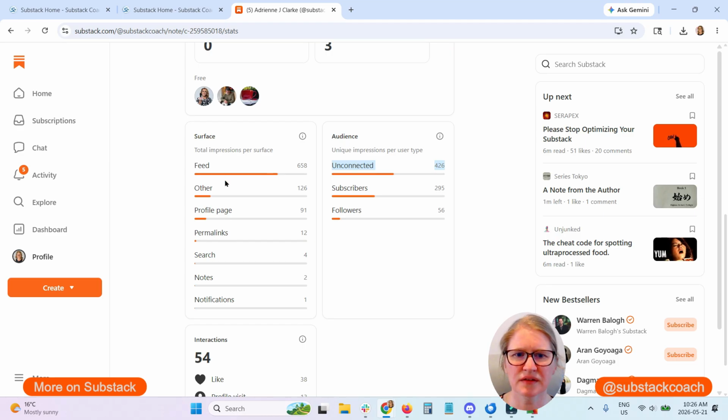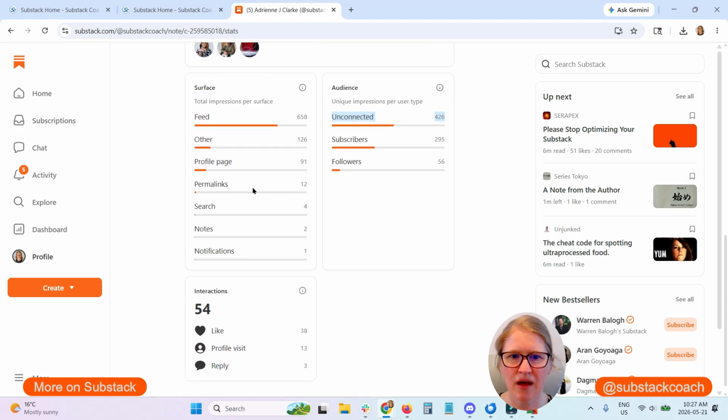And you can see here that most people came across it in the feed. There's always the other category. And then some people came across this specific note after they had clicked on my profile page. Permalinks, search, this would be Substack search. I'm not 100% sure what they mean by permalinks on Substack specifically, but it could be even how I got to this note through my specific note feed on my homepage.